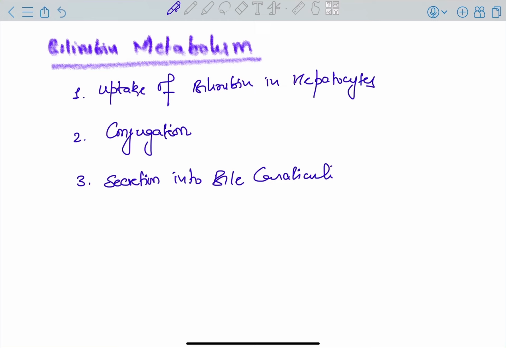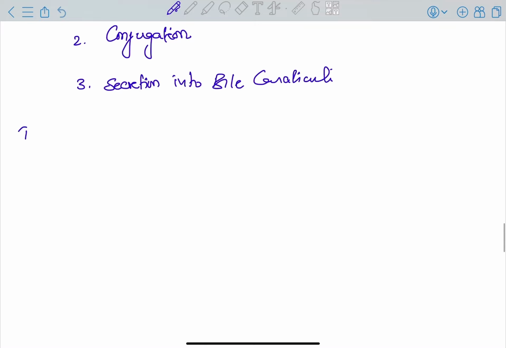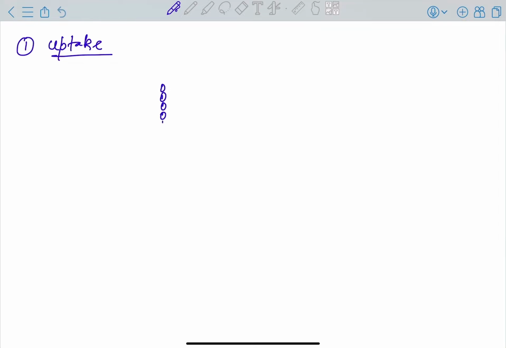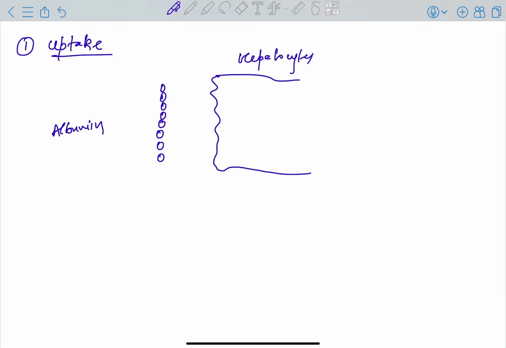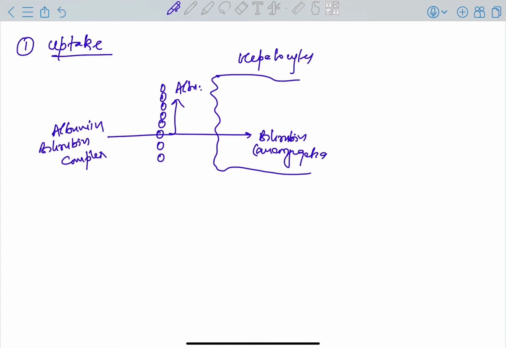So if we talk about the uptake of bilirubin in the hepatocytes, how does it occur? The albumin bilirubin complex, first one, uptake. Suppose this is the blood vessel wall, and these are the hepatocytes. So what actually happens is the albumin is released into the blood, and the unconjugated bilirubin is pushed into the hepatocytes with the help of